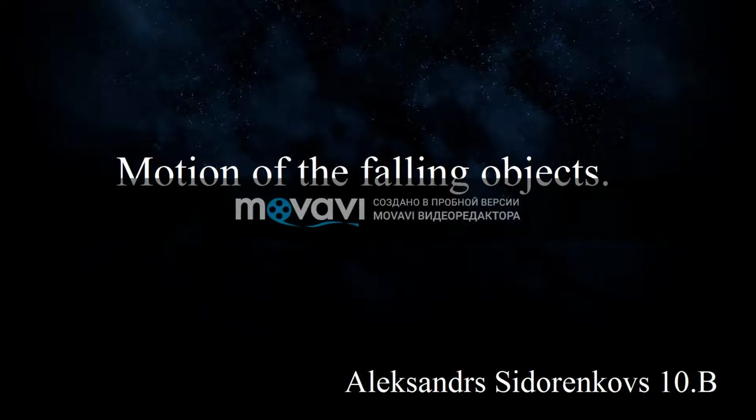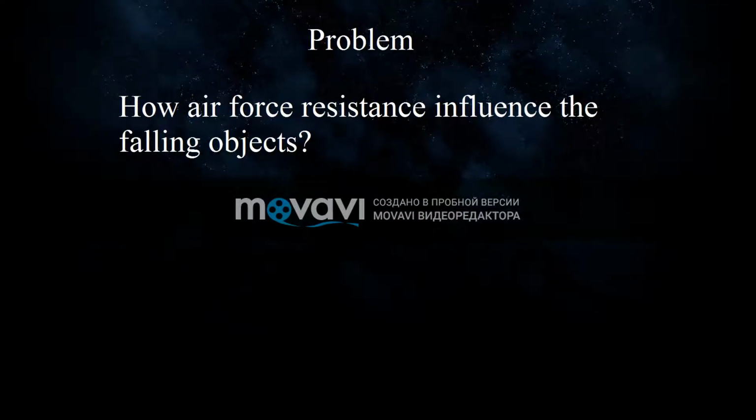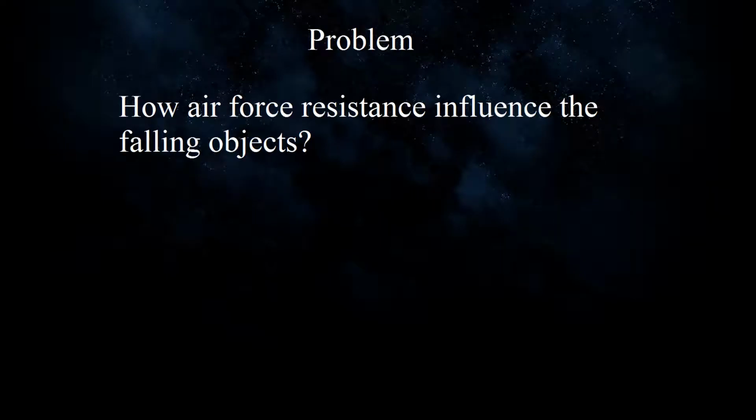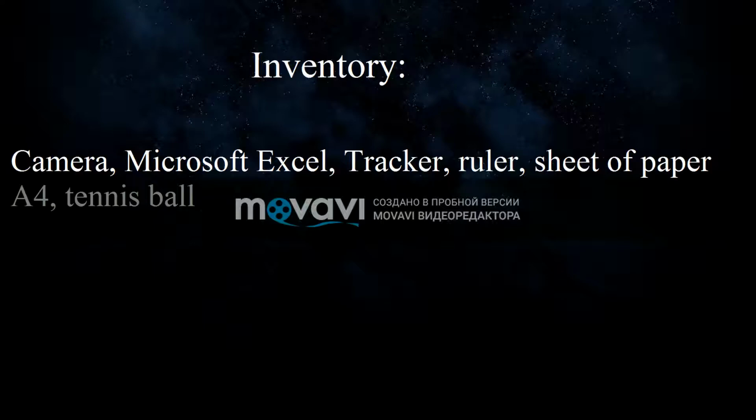Hello, my name is Alex, and this is a lab about the motion of a falling object. The main question discussed in this lab is how air resistance force influences falling objects. Things which I have used during the lab are a camera, Microsoft Excel, Tracker, a ruler, a sheet of paper A4 and a tennis